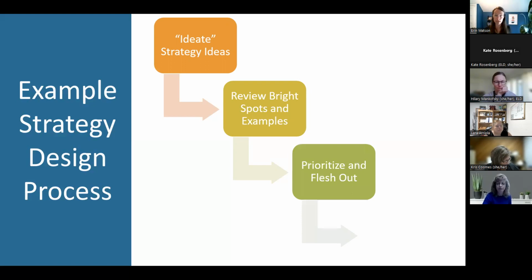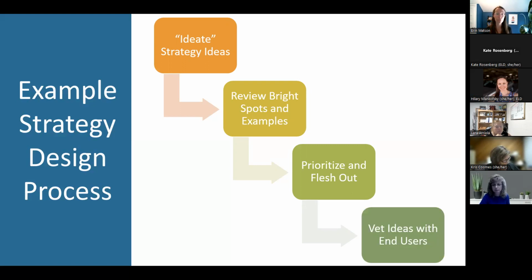Then you look at all your strategies and you prioritize which ones make the most sense for us to focus on. There's a criteria in the toolkit that you can use. And then you take those prioritized strategies and flesh them out a little bit so they stand alone and you can communicate better. Then you vet them with end users. They could be people who are going to literally be carrying out aspects of the strategies. They can also be families who will ultimately benefit from those strategies, to make sure that, hey, did we get this right? We make a lot of assumptions in strategy design. We have to always vet them out to make sure they're going to work, they're going to resonate with people, and there's no additional retooling that needs to happen.